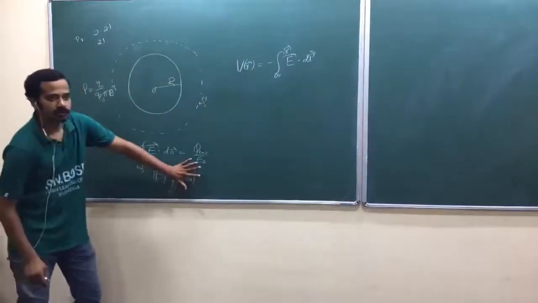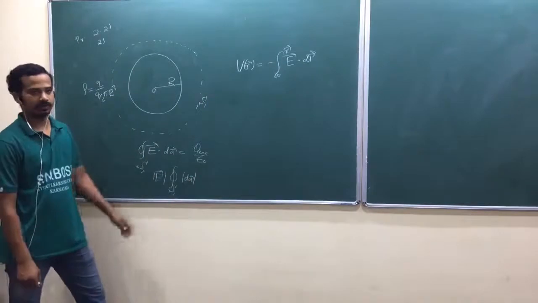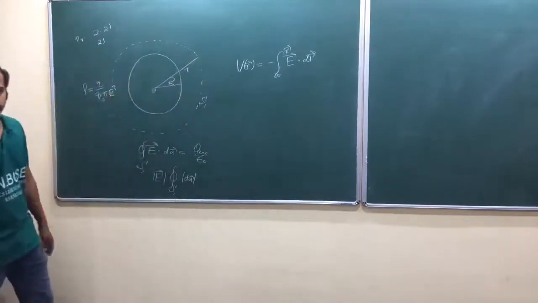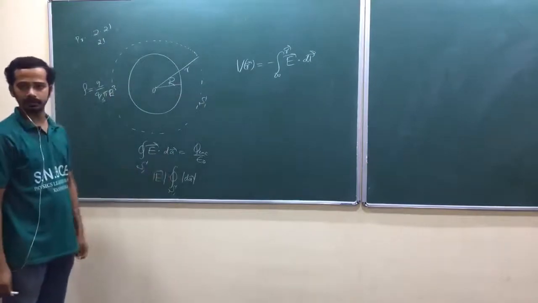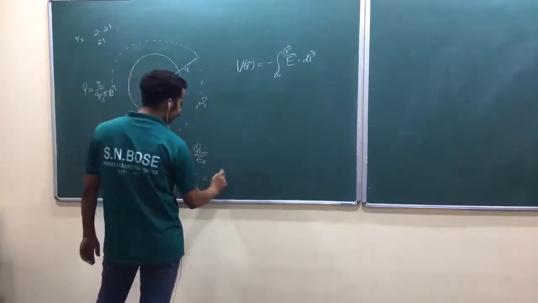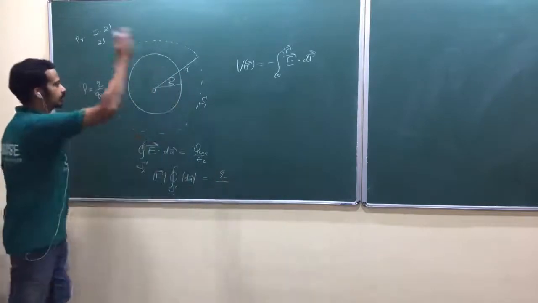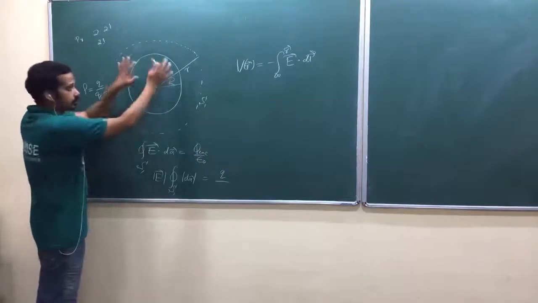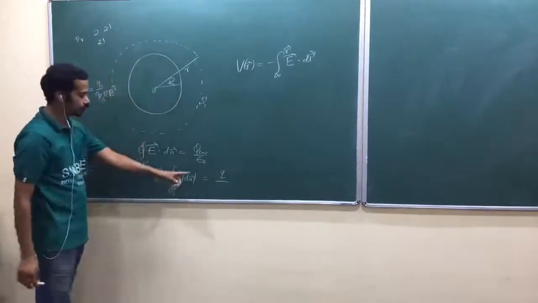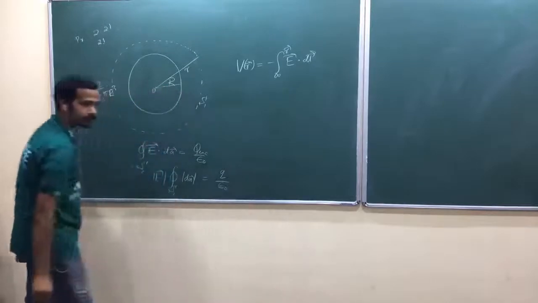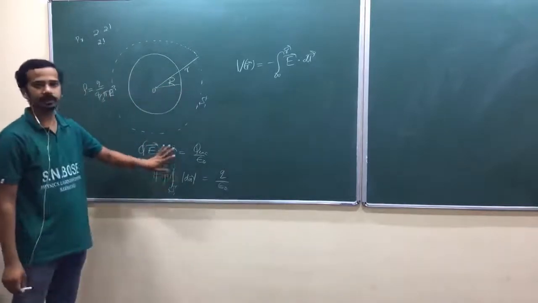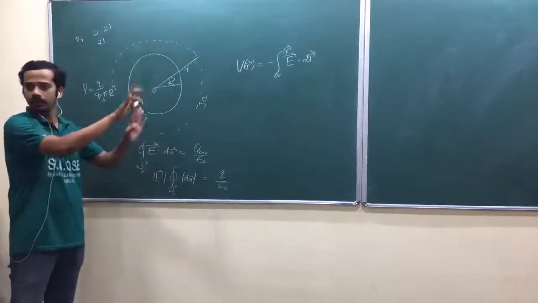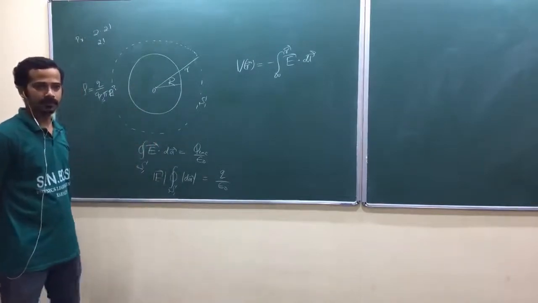Because what is this one now? This is the surface area of the Gaussian surface. If this is of radius r, what is the surface area of this spherical Gaussian surface? 4 pi r squared. So you can directly substitute. And Q enclosed is this Q, the net charge enclosed. He already said the total charge Q is distributed throughout. So it is Q by epsilon naught. What I am saying is this part will be the same for all spherical symmetry problems, and these parts will be the same for all respective symmetry problems. You can just check it.